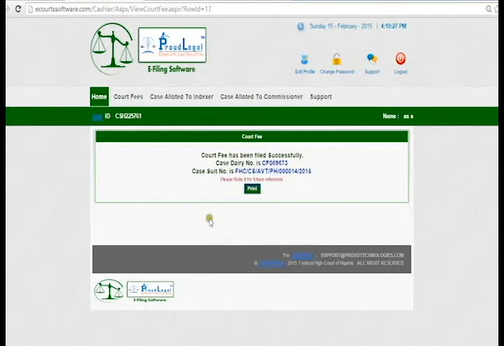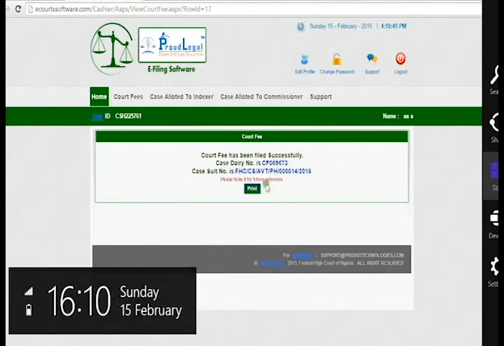and as you can see, after you collect the code fee, automatically a case suit number will generate, which is like this, and you already have a receiving number of the case when you applied for the case in the clerk panel, and after that you will get a case diary number and a case suit number. Alright, so if you want to print the case, just click on the print button. Automatically you will get the printout of this case suit number.